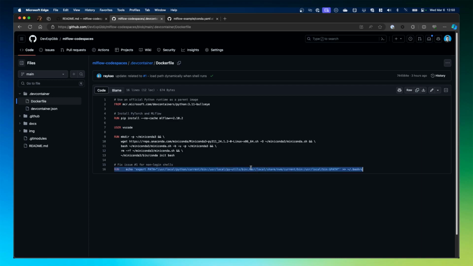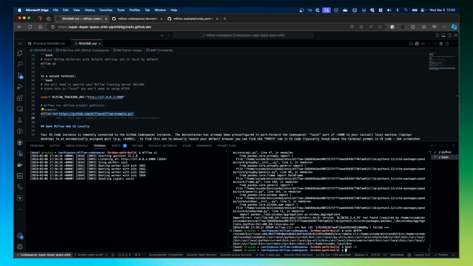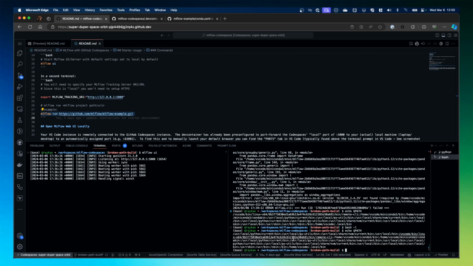But this, to me, is the most elegant, considering the out-of-the-box experience that we want in the web version, if we spin up Codespaces accordingly, should include that. So just to test and to show, this is loaded with the default non-login shell. If I actually change to a login shell, this should now, if I echo PATH, include the proper